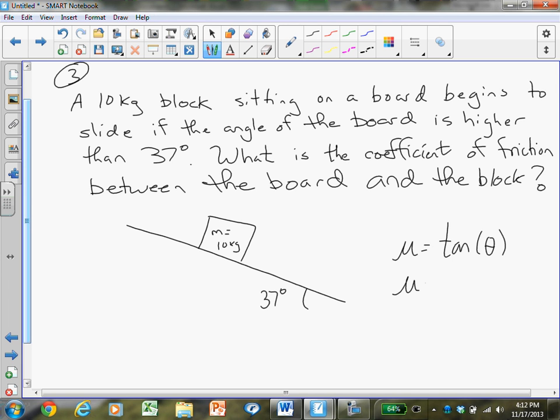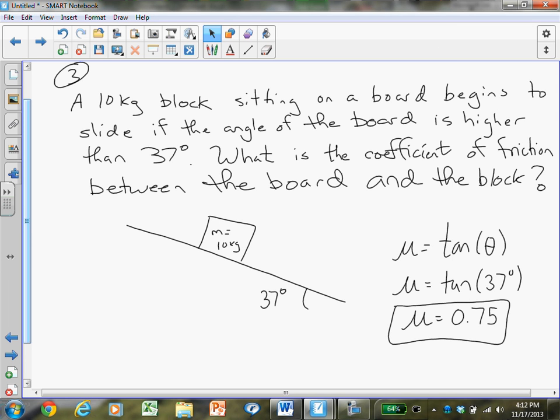Because it just started to slide, mu is the tangent of 37 degrees, 0.75, and we got the work there. And that's it for